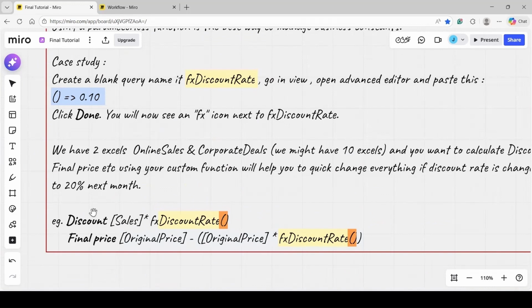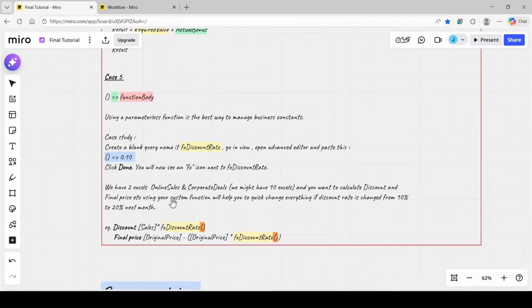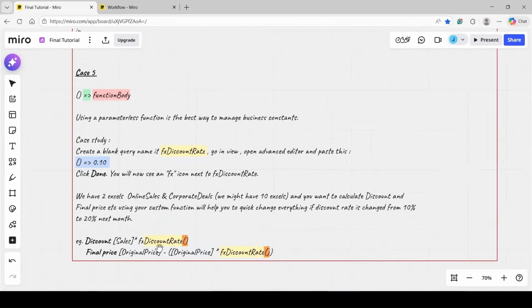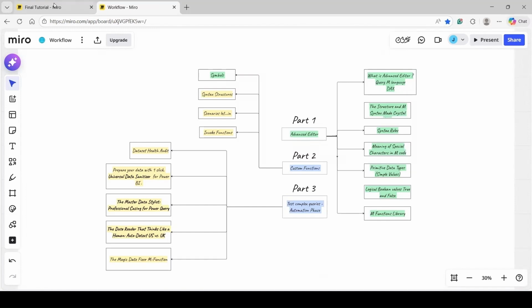We'll calculate the discount by taking the sales column multiplied with our custom function, discount rate. Notice that at the end of the discount rate function, we have these two parentheses, open and close. This is important to use. Otherwise, it will not work. We will get an error. So let's just go back